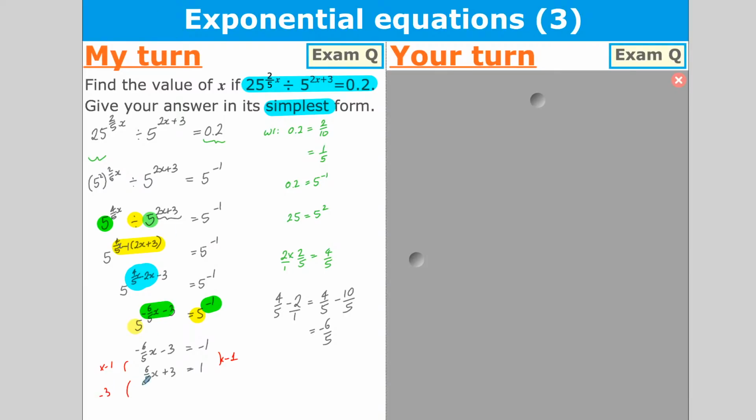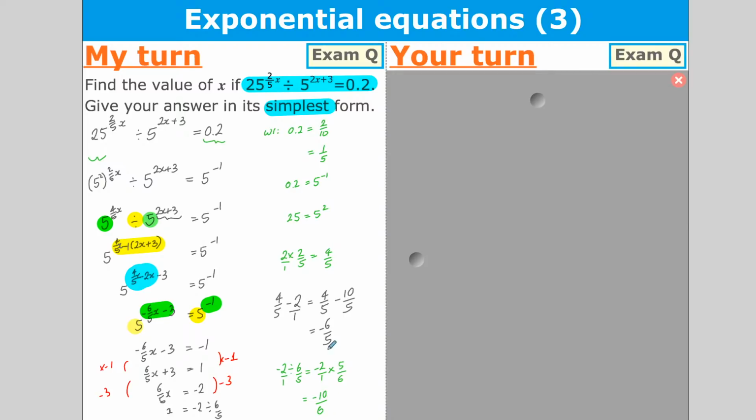I then subtract 3 off both sides, and I get that 6/5 x is equal to negative 2. And then I'm going to divide both sides by 6/5. So x is negative 2 divided by 6/5. Negative 2 divided by 6/5 is the same as negative 2 over 1 times the reciprocal, 5/6, which gives you negative 10 over